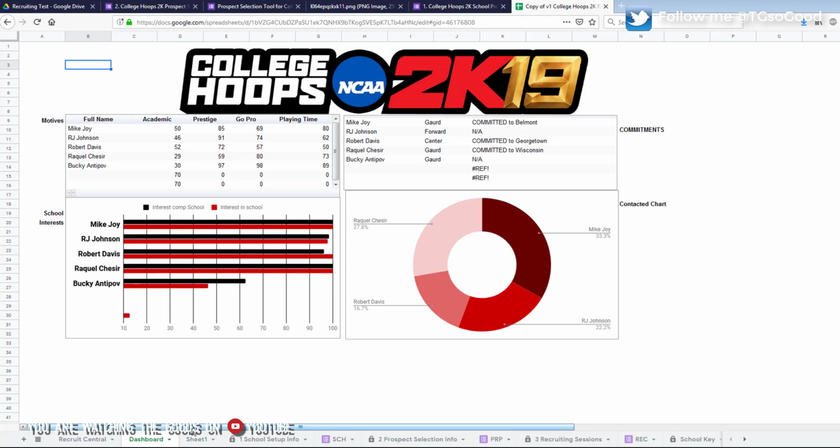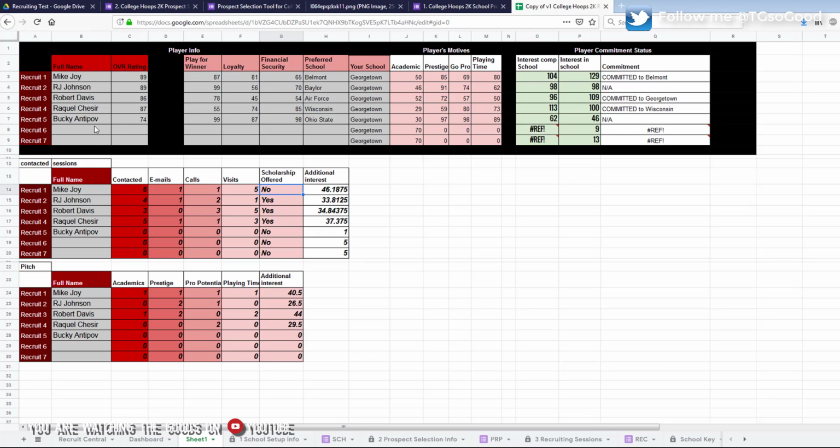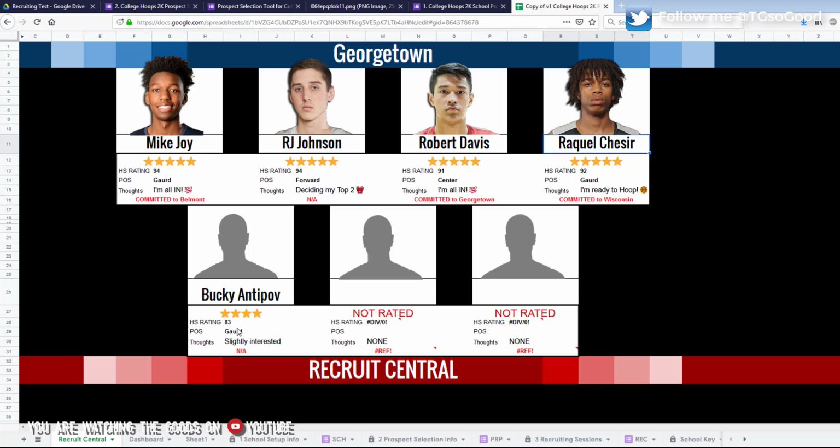So now let's go to Recruit Central. You can see here, this prospect, what did we say their rating was? Let's go to sheet 1. This prospect's rating is a 74, but the highest rated player in their class was like an 87 or something. So in high school, this player would have had a rating of 83. All right. But anyway,